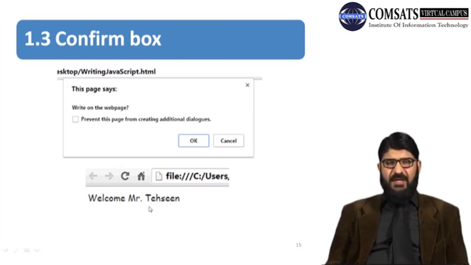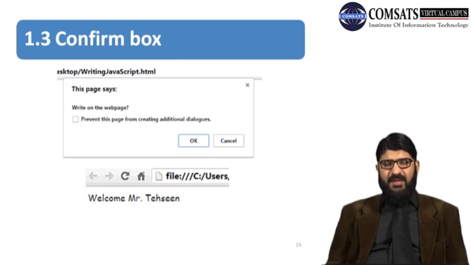So we have seen the three types of dialog box. The first one is the alert box, which only displays the OK button, and that is used when you want to display some information to the user. The second one is the prompt box.